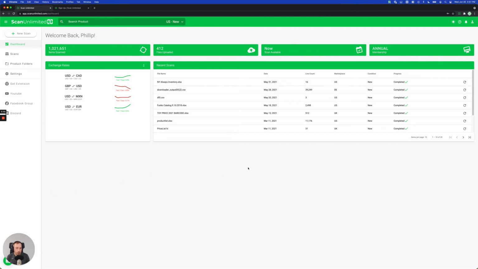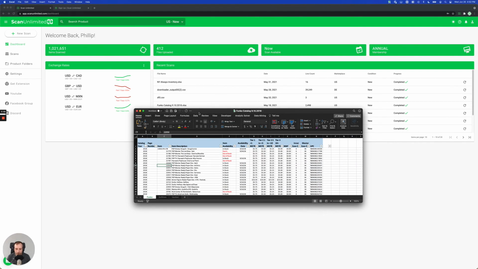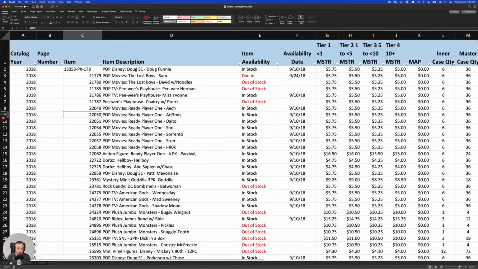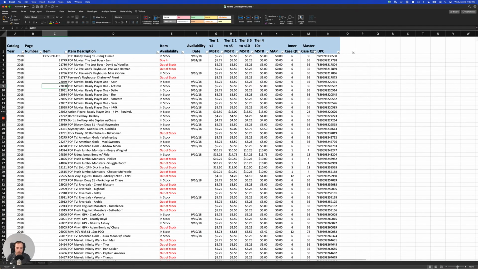So to get started, I wanted to start with showing an actual product list. I got this one as an example. I'm going to zoom in here a little bit because it's just a little too small. But as you can see here, this is a product list that I have here. It's from an actual supplier. In this case, the supplier is Funko. And Funko is a toy manufacturer. So all of these items are mostly toys. Might be some other items that they have in here, but